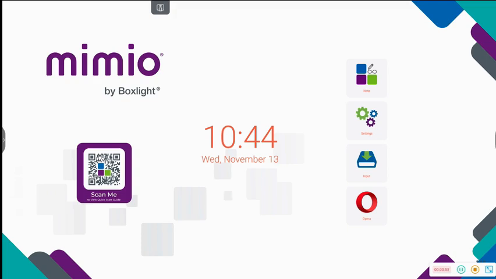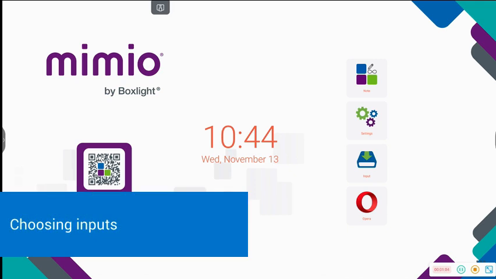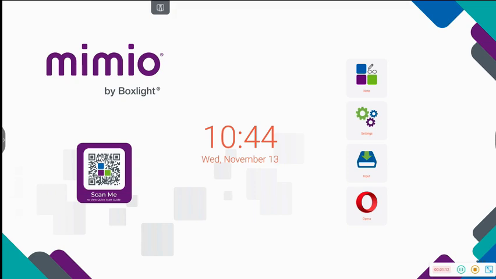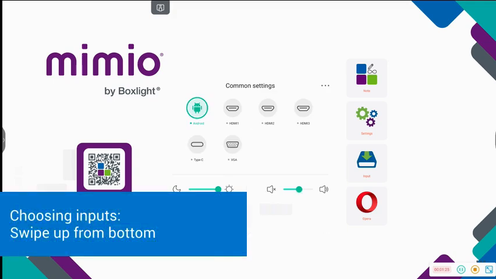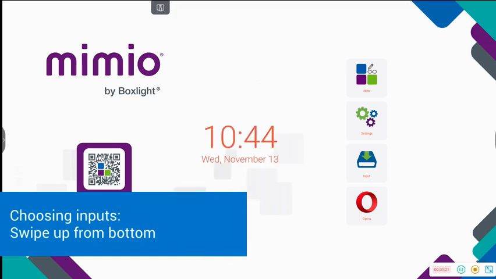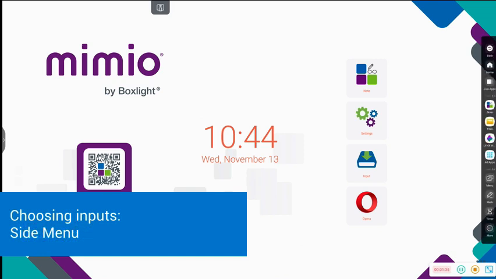A second thing about basic operations as a review is that there are several ways to choose your inputs. So your inputs include your document camera or your computer if you are using wired connection, or if you're using the C cord out of the front, you can easily connect a student Chromebook. To do that, you can either swipe up from the bottom of the board and you will get these options for the different inputs. You can get the same screen by touching your toolbar on the left or right hand